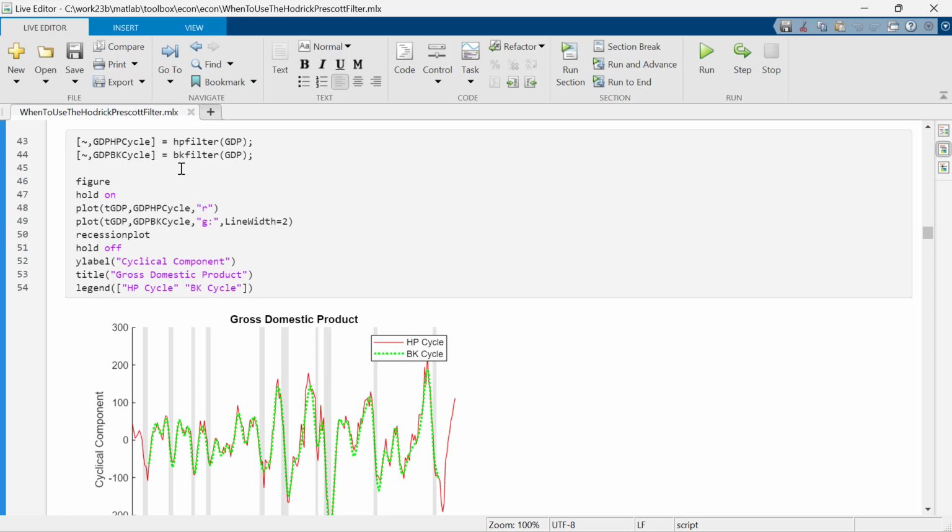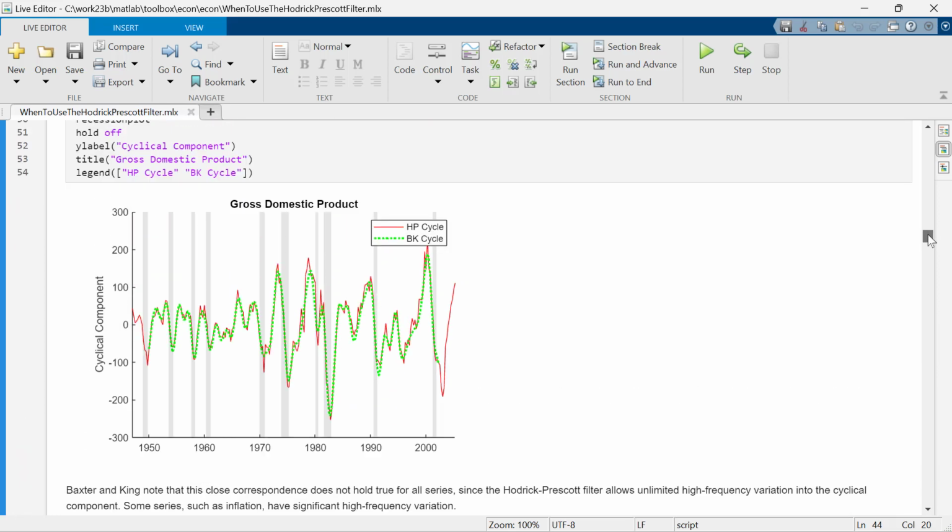We'll compare it to the HP filter directly by, on the same data, applying the HP filter and the BK filter to the same data and plotting it. And what we get is something that looks like this. We can see that even though the approaches are very different between the HP filter, trying to use smoothing methods to determine a trend, and the BK filter, which is acting as an approximate bandpass filter, the results are much the same.